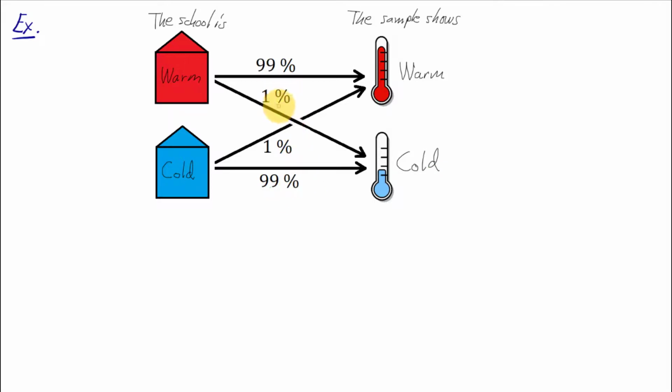So the conclusion is, even if it's unlikely to get a cold sample from a warm school, it still can be probable that the school is warm, depending on what kind of background information you have. So despite the p-value being a small 0.08%, strictly seen, that doesn't mean that it's unlikely that the school is warm. However, if we assume that we have background information that tells us that the probability for the school to be warm is between 10 and 90%, then it's likely that the school is cold for such a low